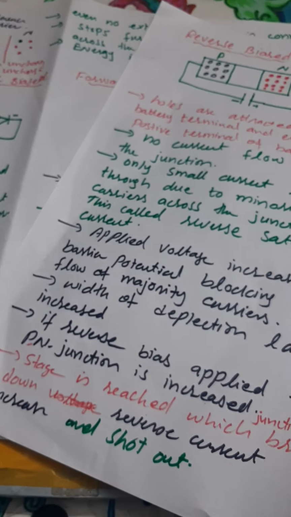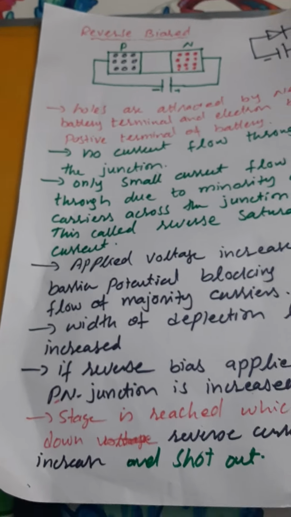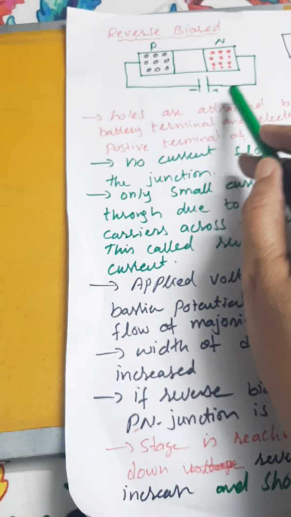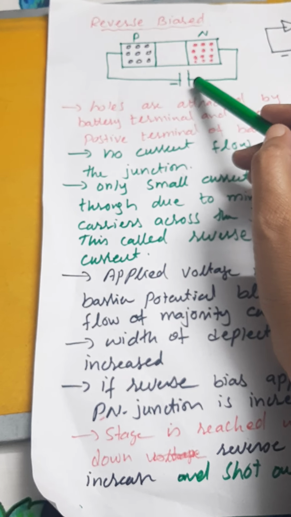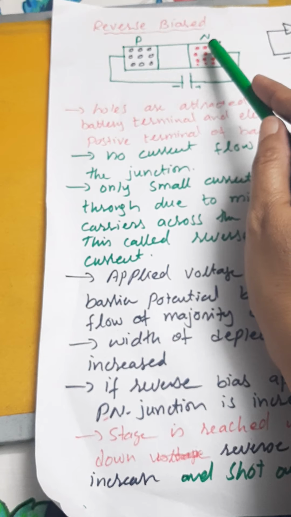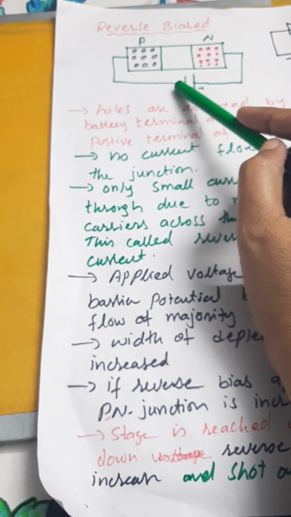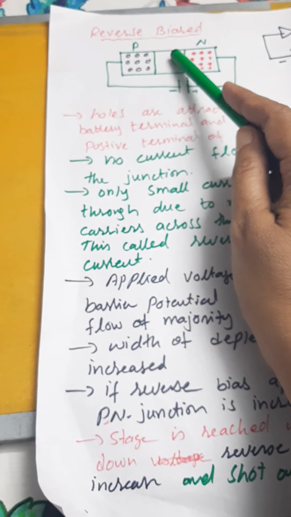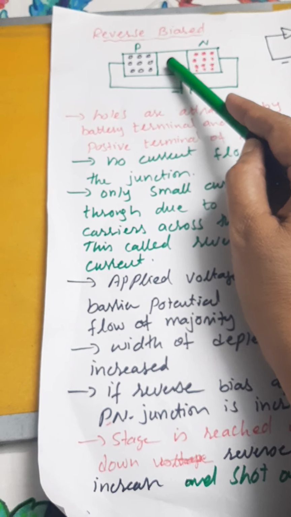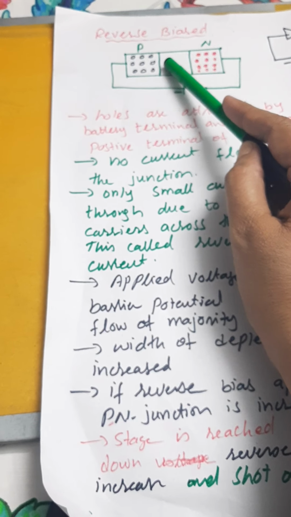Reverse bias में we connect the positive terminal with the negative terminal of the battery and the negative terminal with the positive. अब हमारे पास यहाँ पर positive charge carriers attracted होंगे toward the N side due to the negative charge, and electrons are attracted toward the hole. This region is known as a depletion region, and the depletion region will increase.